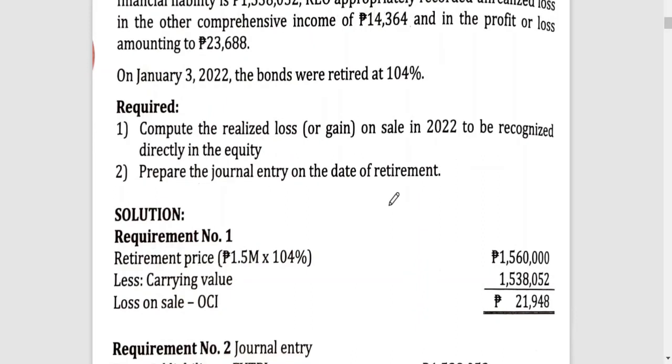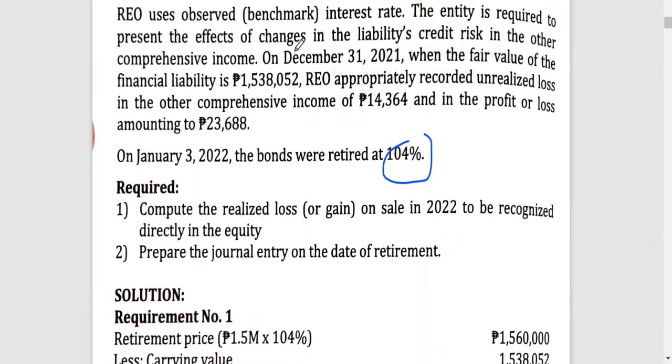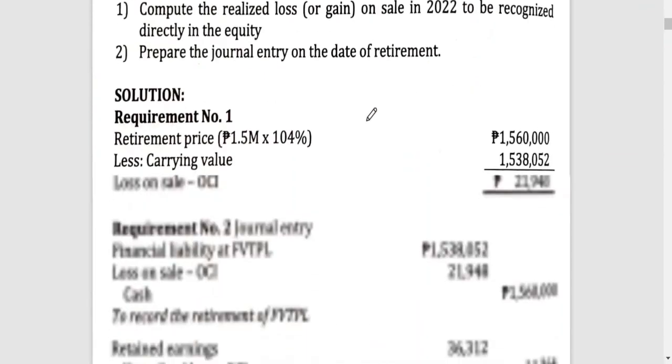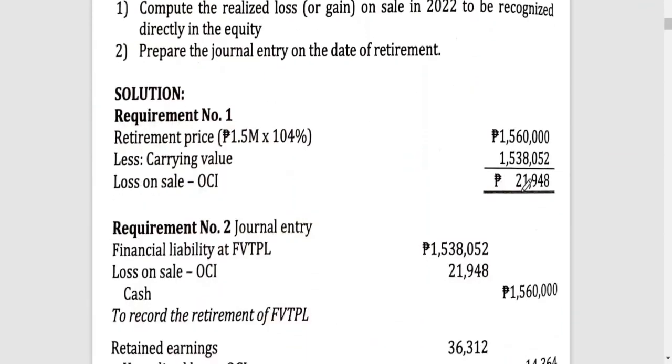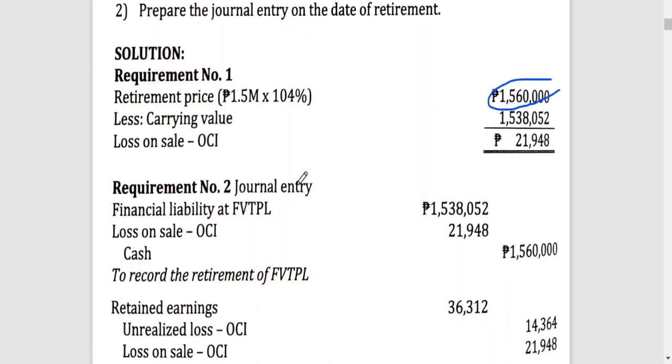What would be the gain or loss in 2022 when you retire the liability? So 1,500,000 times 104%, that's 1,560,000. Then compare that with the carrying value given here. So there's a difference of 21,948. It is a loss because we pay more than the carrying value. So to close the liability, we debit financial liability at FVTPL, then loss on sale, OCI, and credit cash,